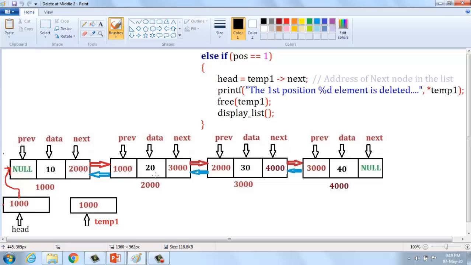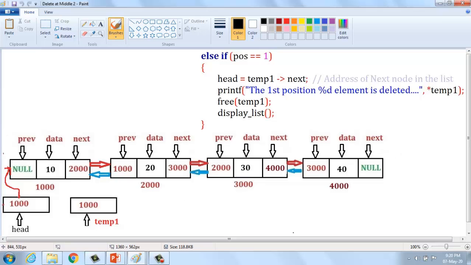The second possibility is if there is any element present in the given list. It may be a single element, it may be n number of elements, anything else. We are going to try to eliminate a single element, that is, only one element from the list. That is, else if position equal to 1. The prompt is: enter your position to delete in the doubly linked list. I'm going to enter number 1, so the first element is going to be deleted.